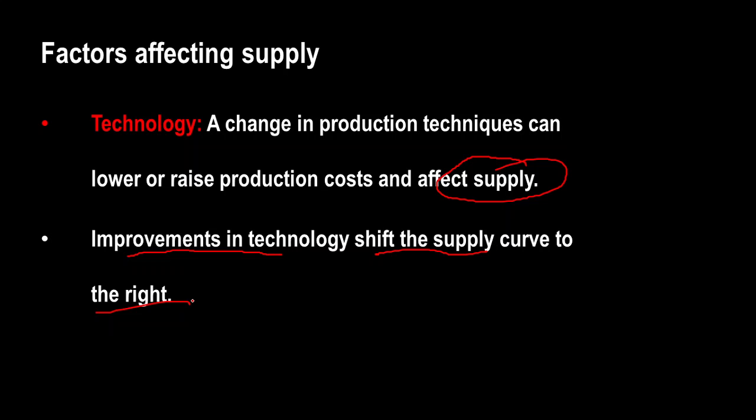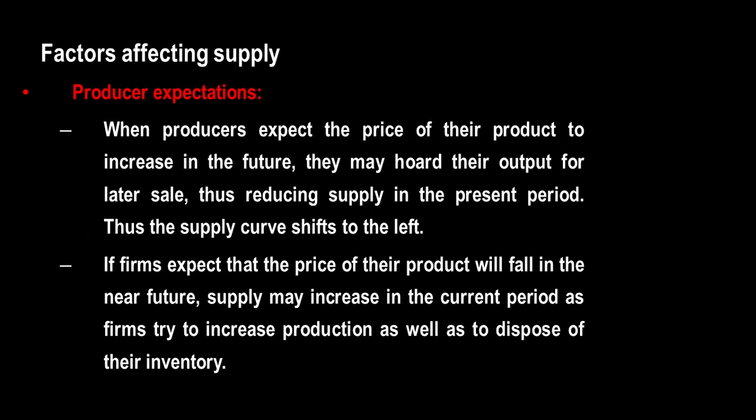Now the same labor can produce 100 meters of clothes with the help of power looms. So that is the difference of technology use, and the rate of supply increases with the increase in technology. Then moving on to producers' expectation. What producers expect about future price, on that also supply depends.